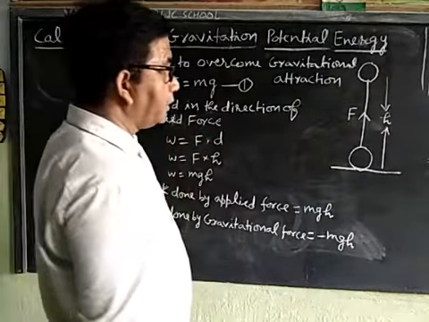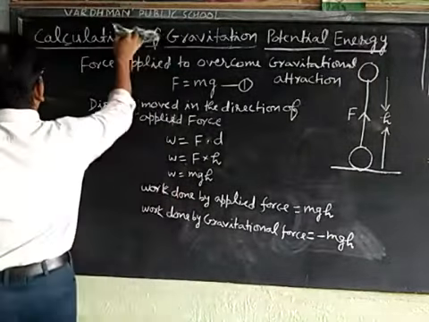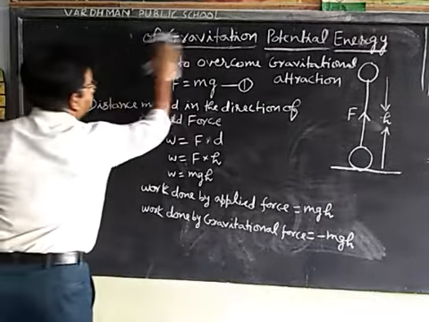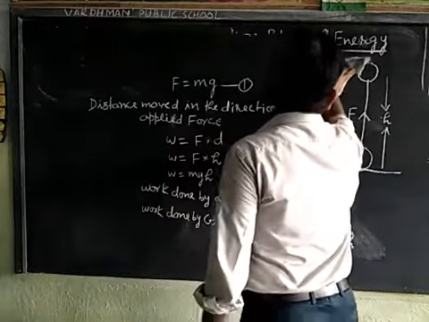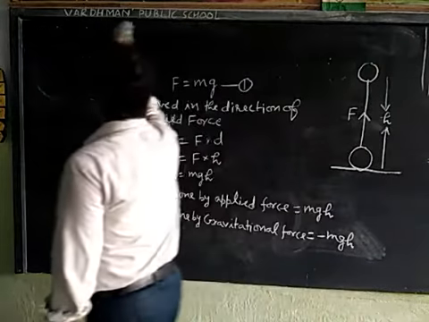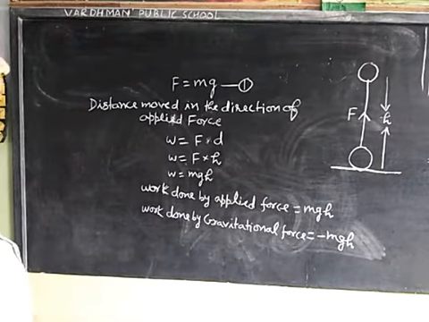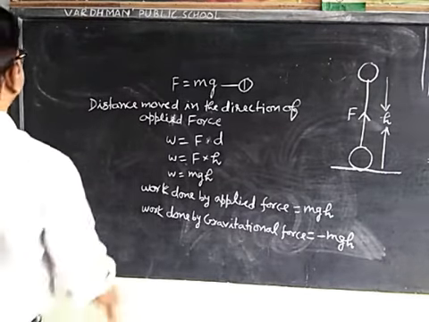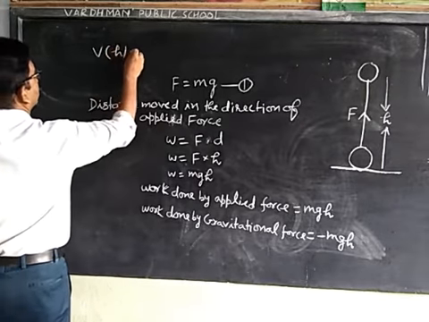Gravitational potential energy is a function of height. Therefore, Vh is equal to